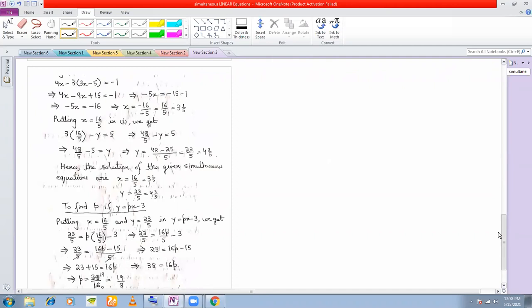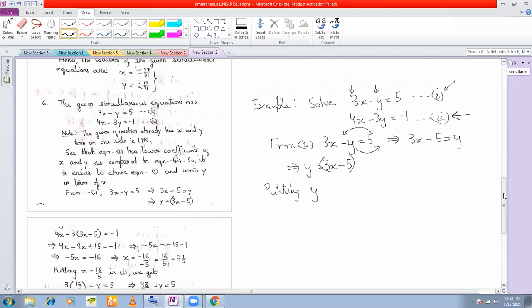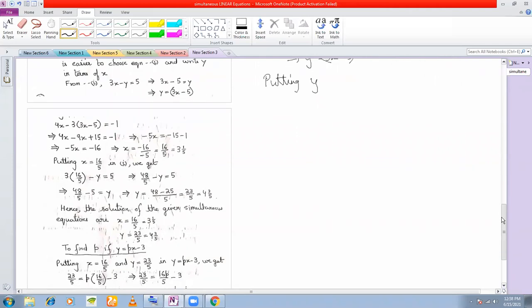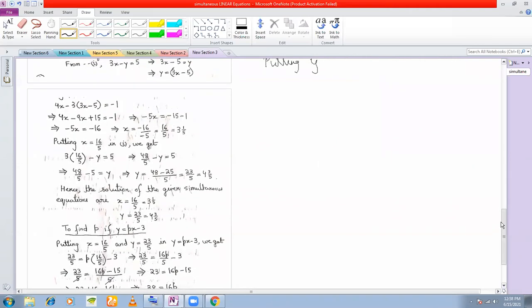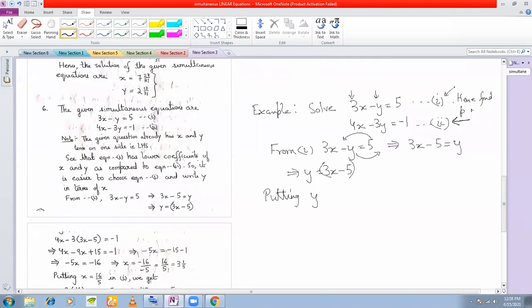Yes, the second part of this question was: hence find p, where y is equal to px minus 3. So putting y is equal to 3x minus 5 in 2,